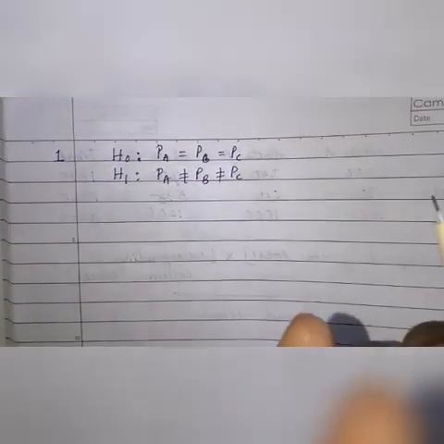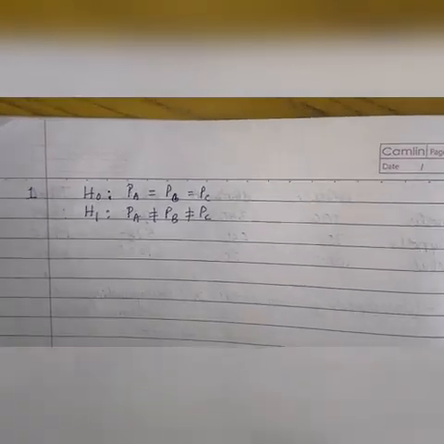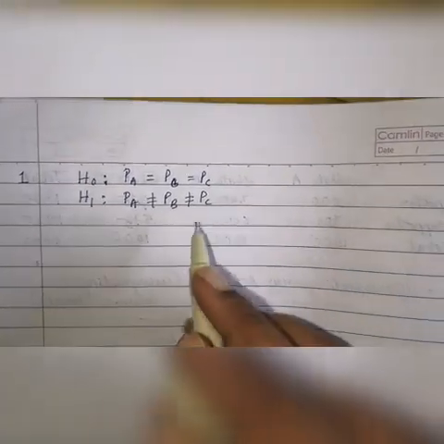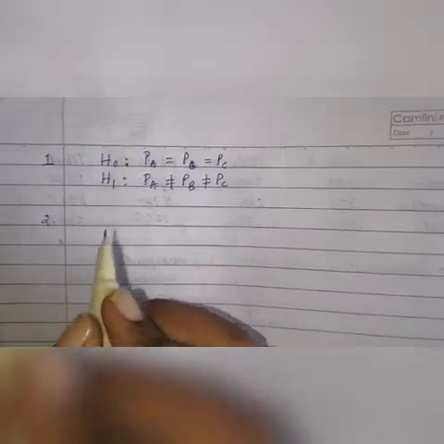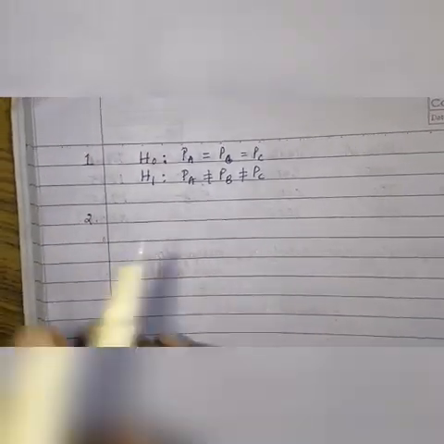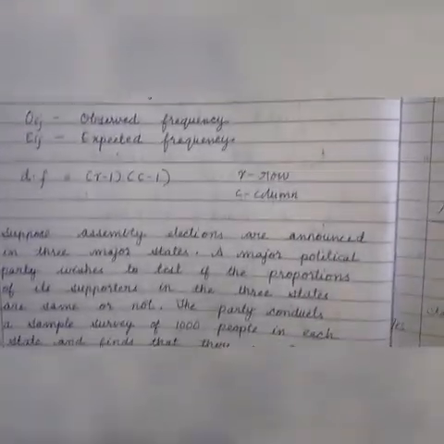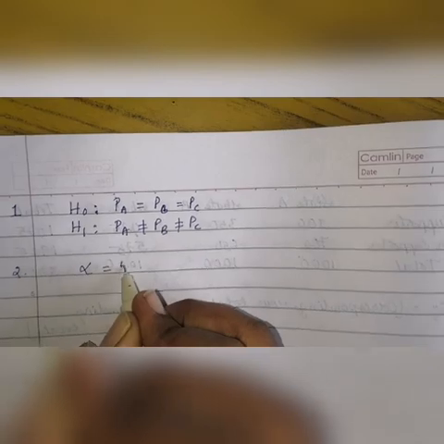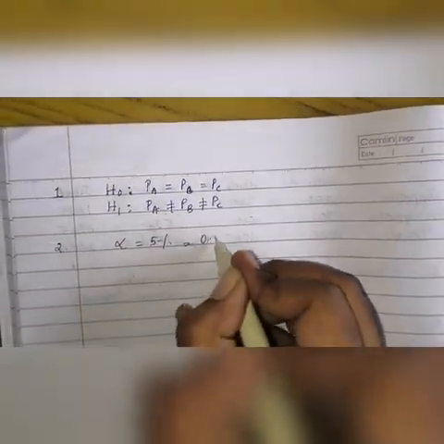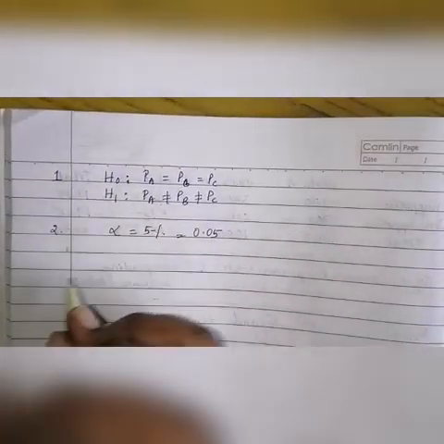Now you don't have to decide what kind of test this is. It is always going to be a right tail test because the test statistic is always equal to or greater than 0. Okay, now you have done your first step. The second step is to identify the level of significance. In the question they have not given the level of significance, so let us assume it to be 5%. So alpha is equal to 5%, which is 0.05, will be the critical region.